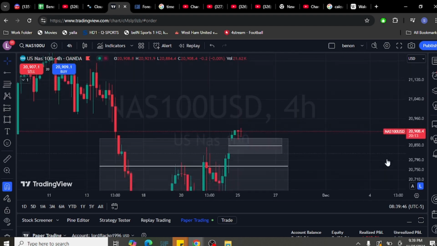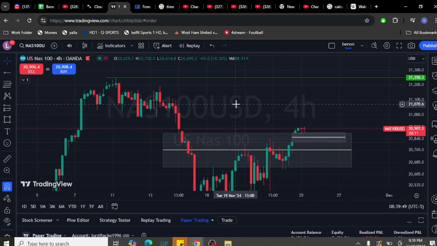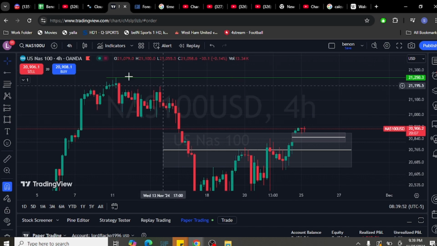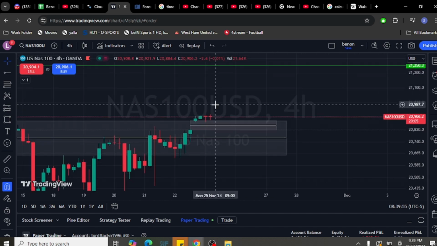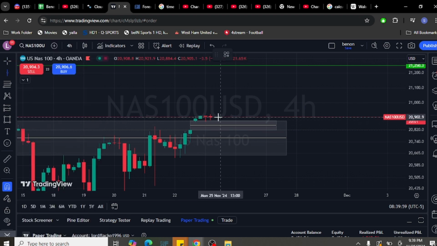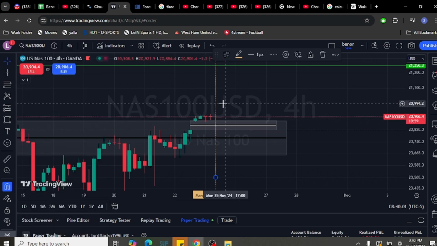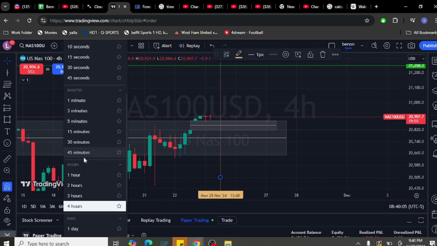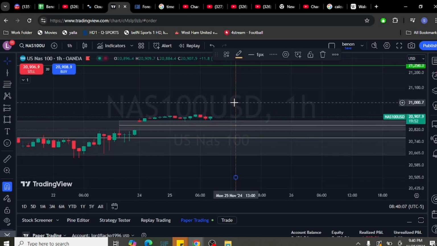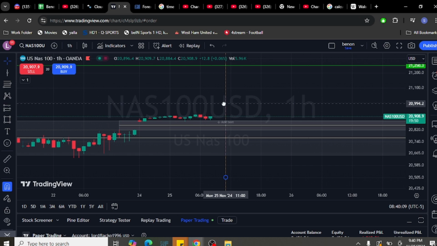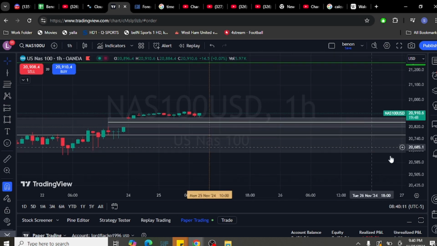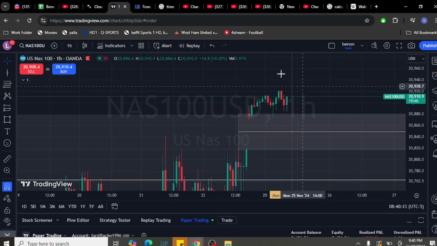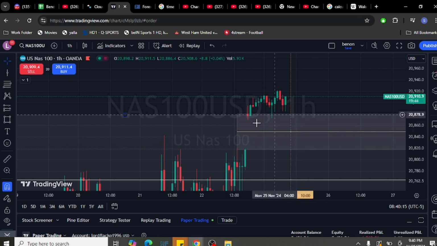So the only thing that I'm seeing right now, which is probably obvious, is still the same thing here. So I'm going to wait for this session. It's going to be at 9, probably at 10. That's when I'm going to start looking for runs on liquidity. So it will be nice to see how we react inside this.